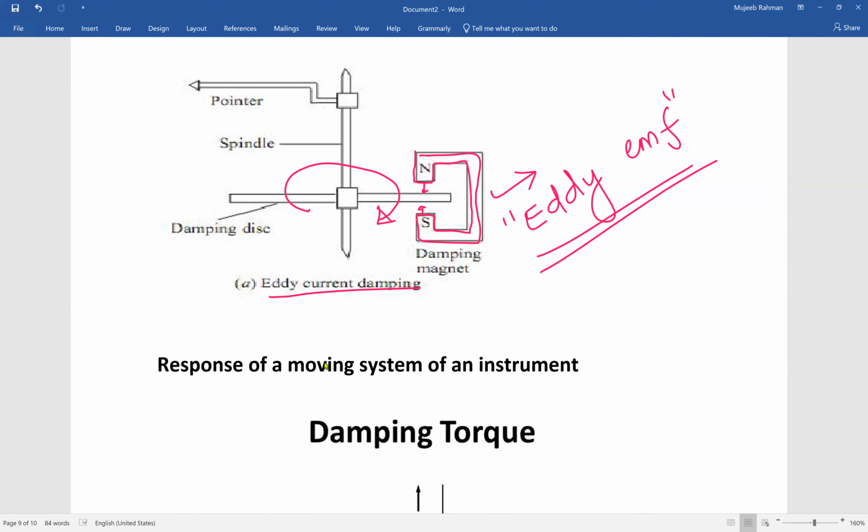It's a tiny magnetic flux, and this magnetic flux is going to interact with the main magnetic flux, which is produced by the series and the parallel coils. Already we have discussed this in the previous slide. As we have said before, there is a field produced by the pressure coil, a field produced by the current coil, and a tiny magnetic field which is also produced because of the unnecessary vibrations. In this manner, the vibrations can be controlled.